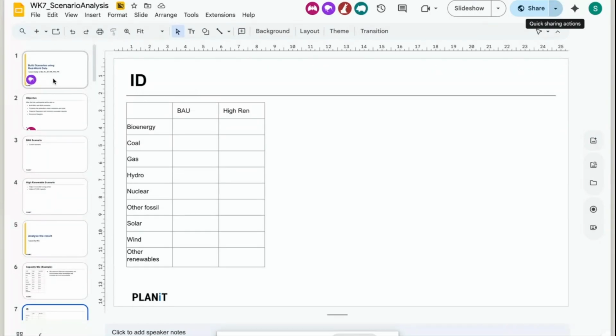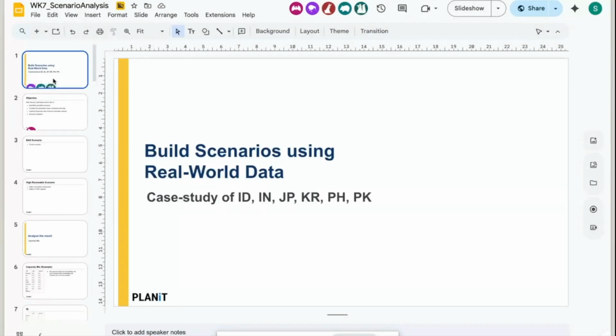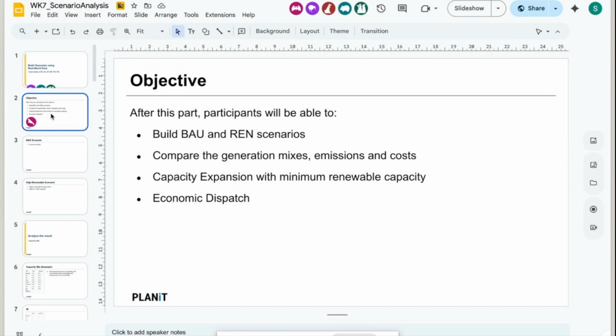We are heading toward almost the end of our entire training program, and this session, probably this second half and the first half of next week, is going to be pretty much a recap of what we have done so far. So I'm going to go very slowly, so please work on this on your machine together and fill in the values on this slide, and let's make sure that everyone does it now, step by step, together. Okay. So the objective of this session is to build 2 different scenarios